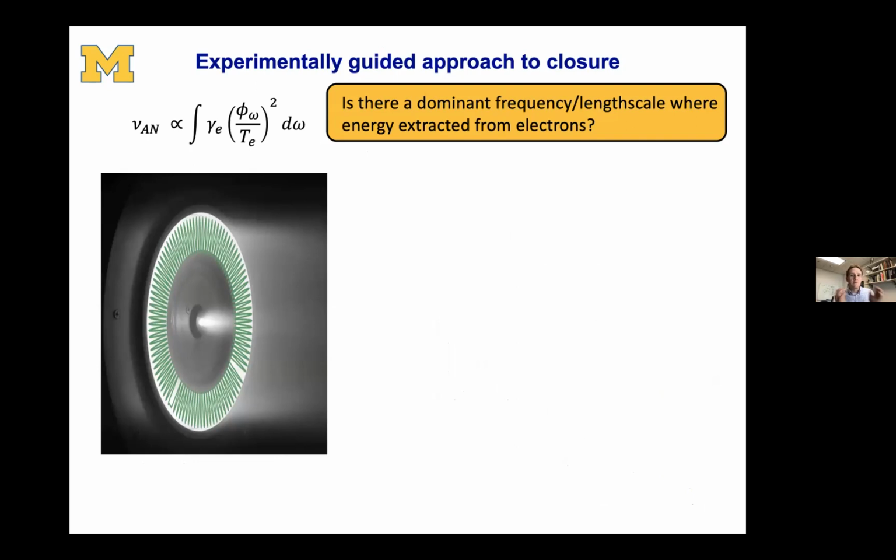And with that in mind, we can leverage these experimental results to make some simplifications that may ultimately drive at a simplified closure. So for example, we see that this collision frequency is actually integrated over the entire power spectrum. But one way we might be able to simplify it is to ask the key question, is there a dominant length scale where the actual energy exchange occurs with the background electrons? And if that's the case, then that may allow us to effectively neglect the interactions with other waves, and therefore translate this integral over frequency space or wave number space to one that is just evaluated at one frequency or